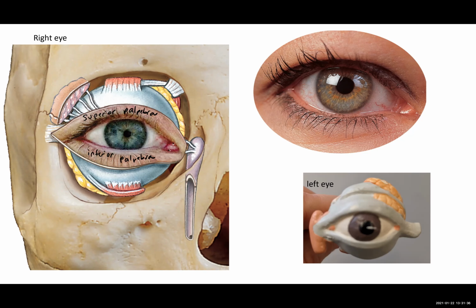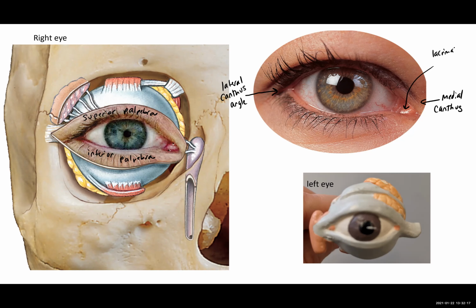AE ending. When we look at the superior and inferior palpebrae, we see they come together to form these corners of the eye, and we're going to refer to these corners as the lateral canthus or angle, and then we will have a medial canthus or angle. When we look at the medial canthus, we see a special group of cells that make up the